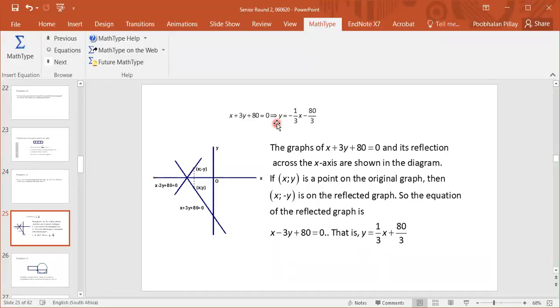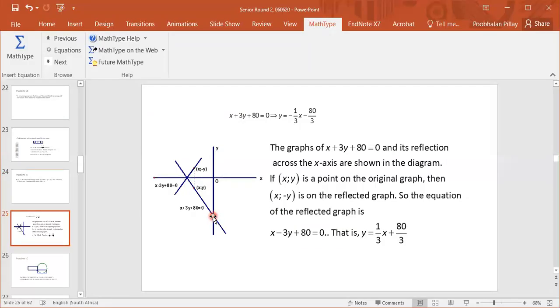That's the equation of the line. Now, how do you draw that line? One of the easiest ways of drawing a line is you make y equal to 0, for instance, and see what x is. All right, now, if you look at this point here,